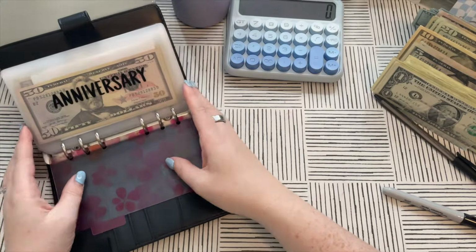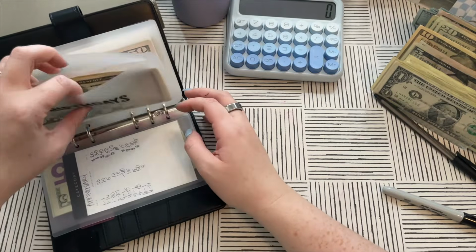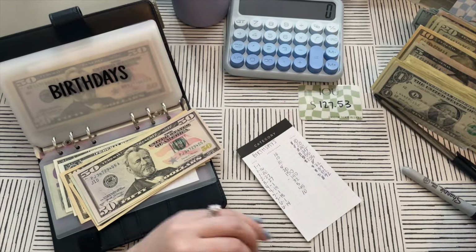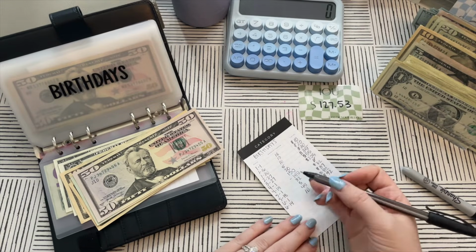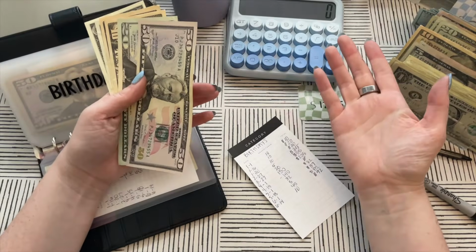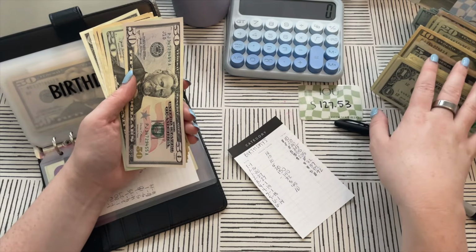Alrighty-roo. We have anniversary, nothing, birthdays. All right, we have 128. We're gonna round up. Oh, this one's still my old ones. I ended up printing it on thicker cardstock, so this one's not as great. Oh my gosh, we went over again. That's gonna be the story of our life this go around. All right, we have